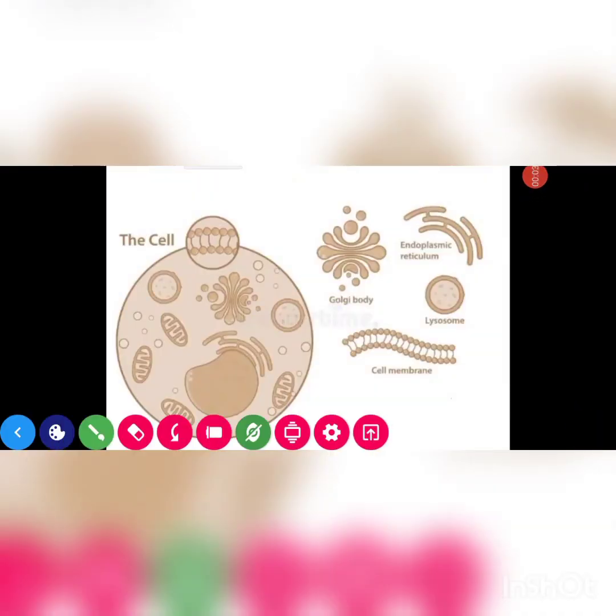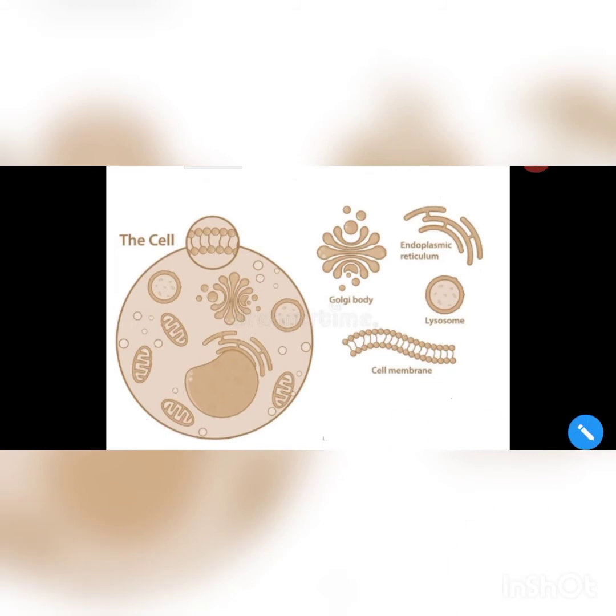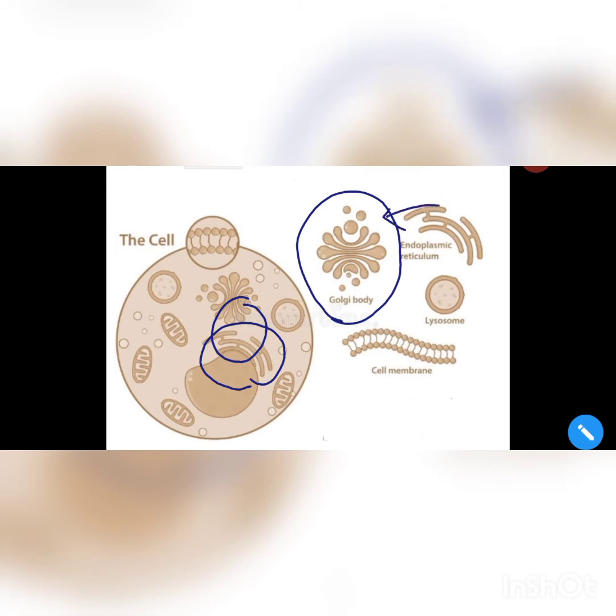So, as I already told you before, the endoplasmic reticulum is connected to the outer layer of the nuclear envelope, and the membranes of the Golgi apparatus have connections with the endoplasmic reticulum. The materials that are synthesized in the endoplasmic reticulum, the lipids and the proteins, will be packed in vesicles. So this is the Golgi body, and the materials that are prepared in the endoplasmic reticulum will be packed in vesicles by the Golgi apparatus.